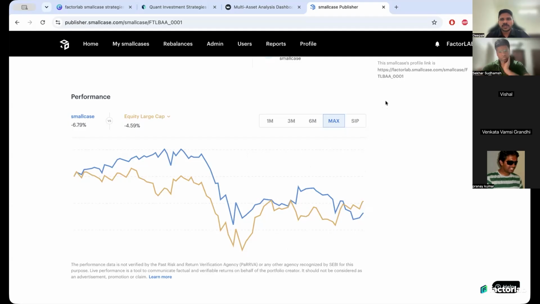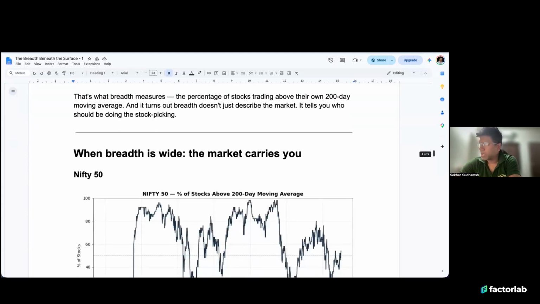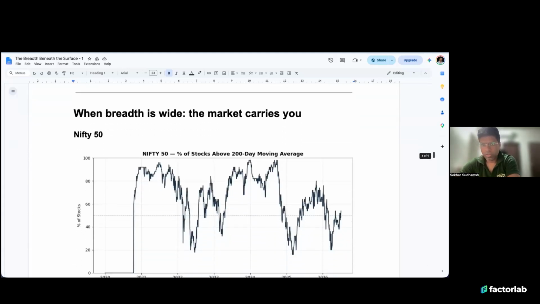Shekhar, you want to now take us through the market breadth? Yeah. So, as you've seen, so far we have looked at what is happening with the different indices of Nifty, large cap, mid cap, small cap. But I also wanted to take you one level deeper into this to understand that while the equities are doing well, we should also take cognizance of market breadth. I'll explain what market breadth is.